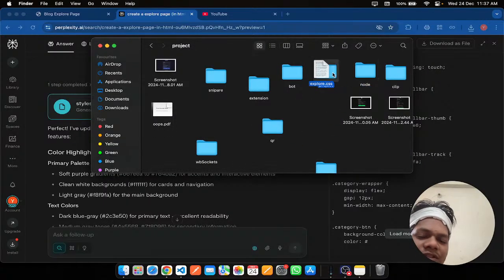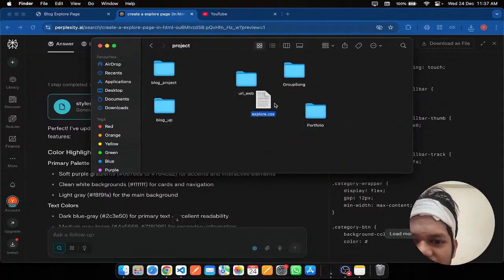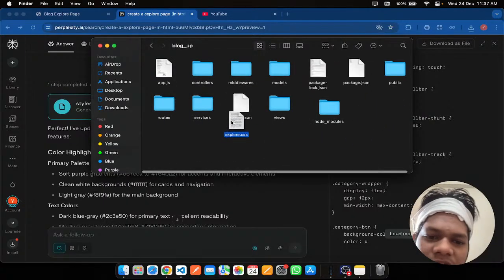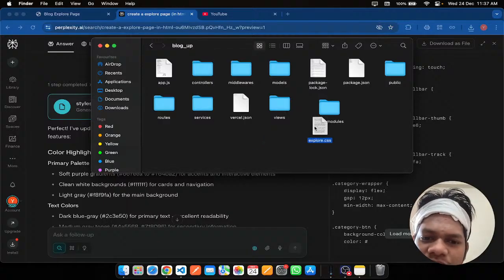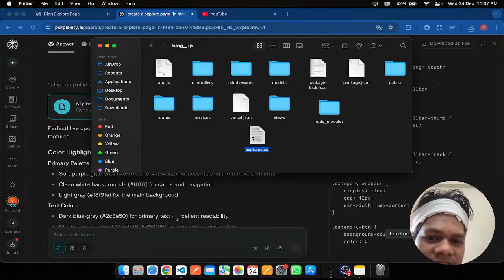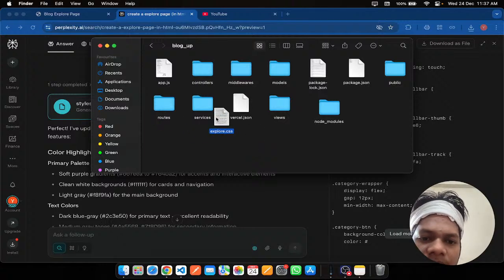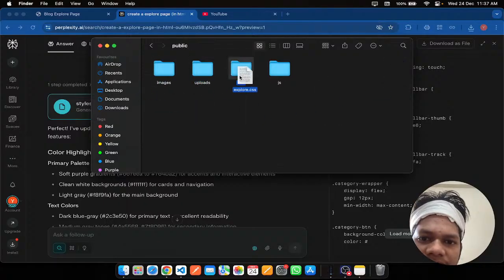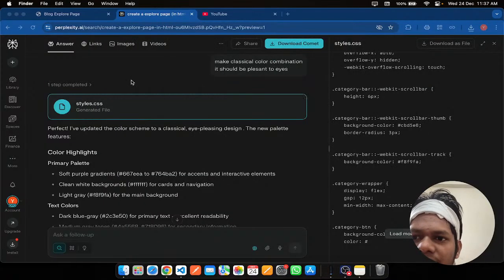Made too easy to design the front end part. Like even 1 week ago I was thinking that designing front end is too critical, and this is just plain HTML, CSS, JS, and this is CSS. I have to go to public and CSS, replace that file, and